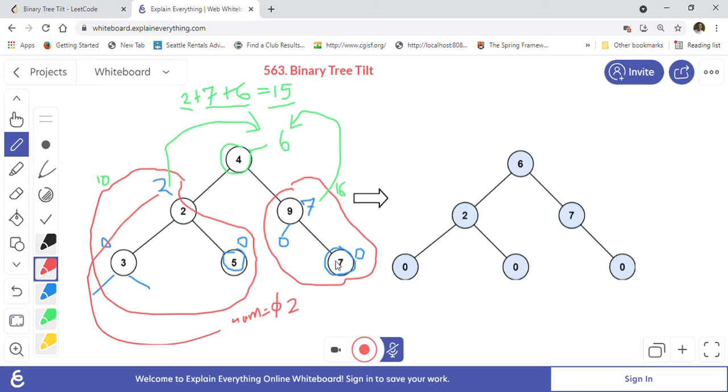Then once we get a 7 from the right tree, 7 will be added to this 2, so 2 plus 7 becomes 9. And then once we are looking at the root element, we calculated it as 6, so the 6 will be added to that num. So that's how we are keeping track of the total tilt of the tree. So it becomes 15, right? So that is what it is doing here.